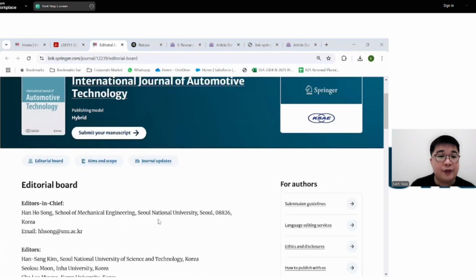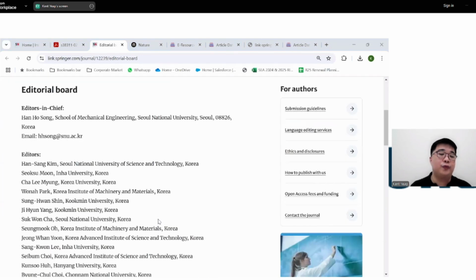Yes. So in the editorial board, it's good to just get a sense of who are the people managing this journal. So obviously, if these names, for example, match up with some of the names that you find in your list of citations, because you've done your literature review and you've recognized these names probably because these are the people who are the foremost experts in their field, and you are currently doing research in the same field.